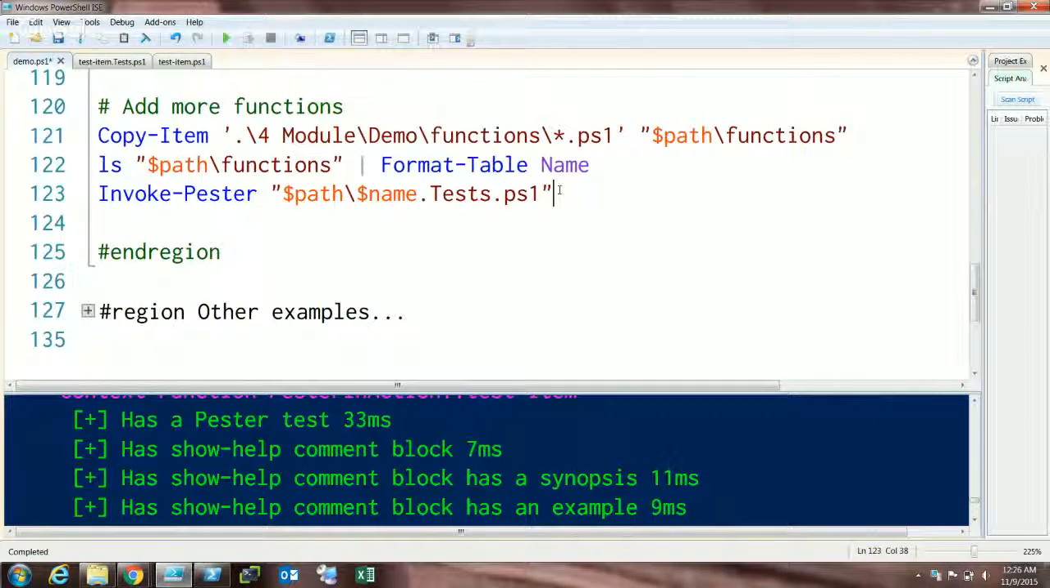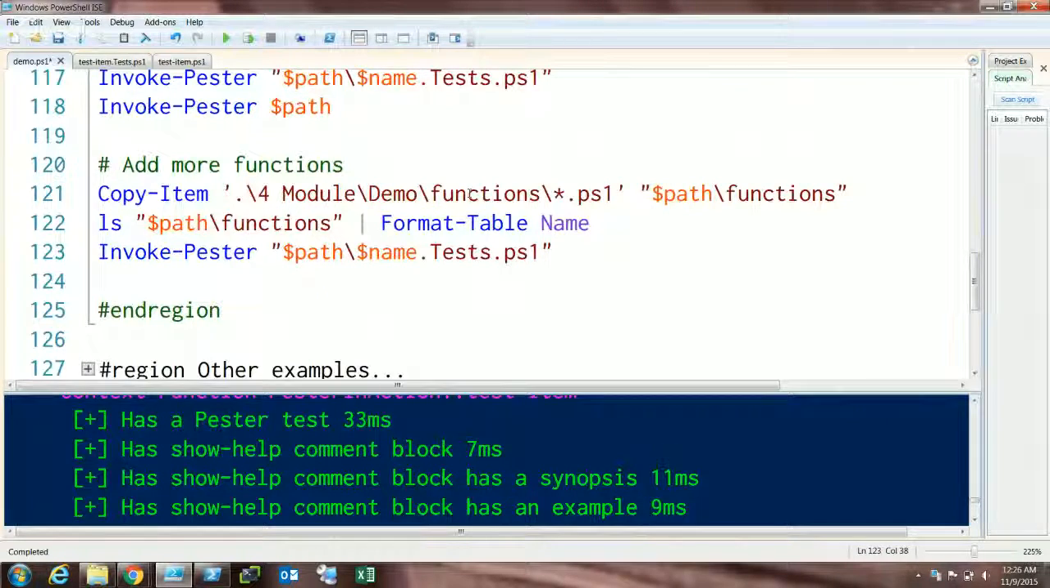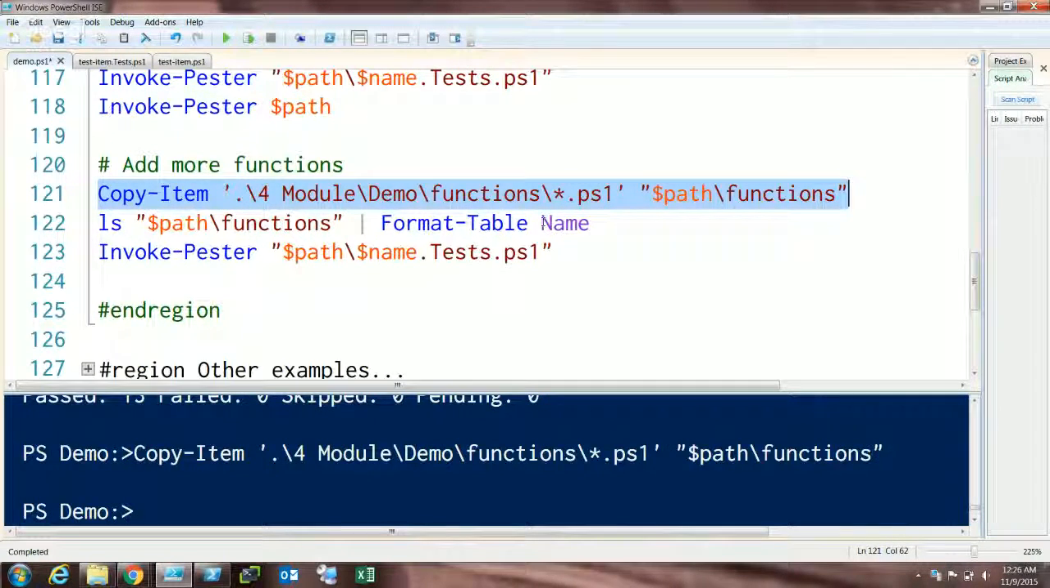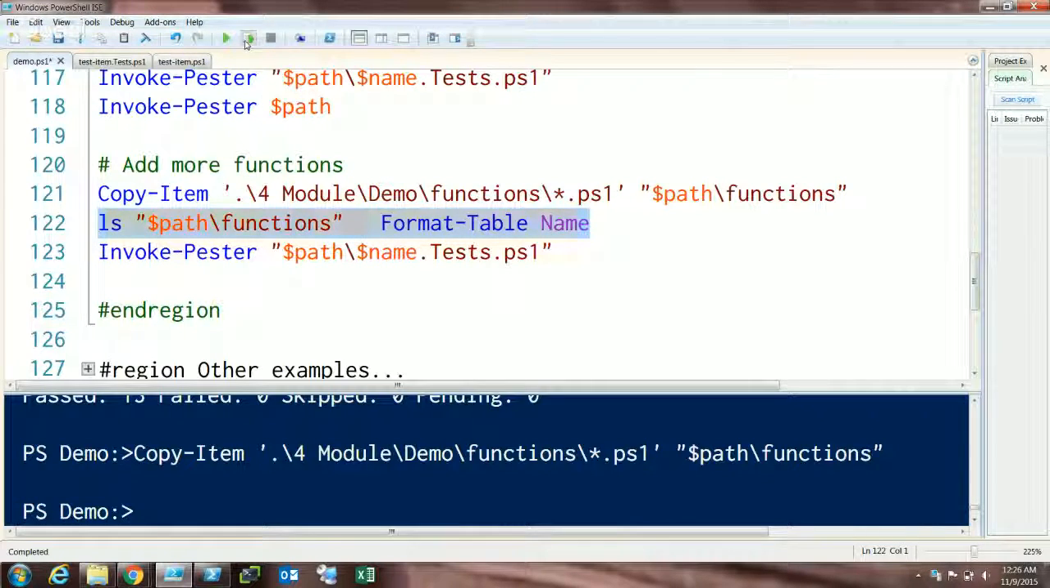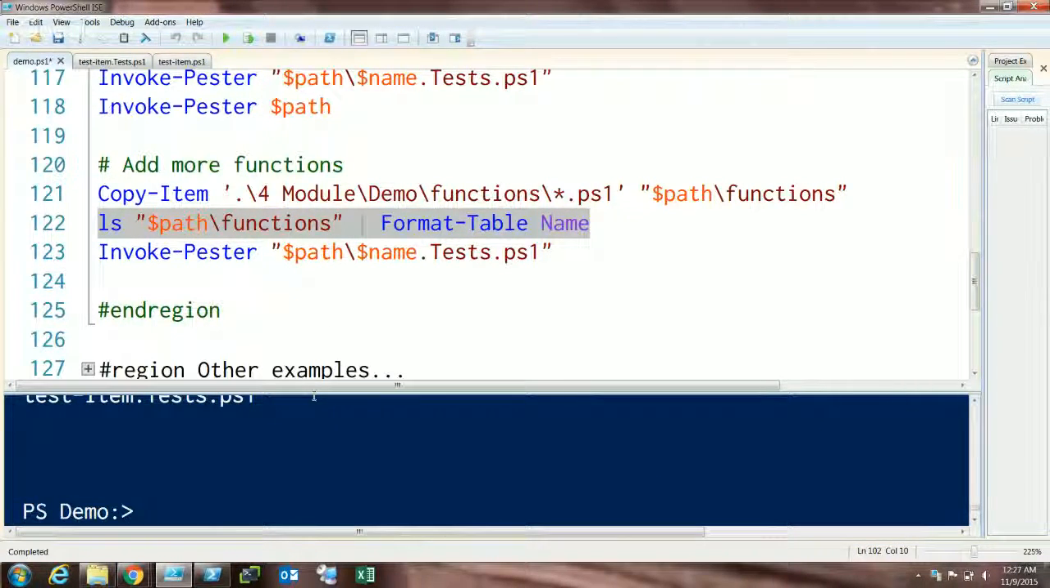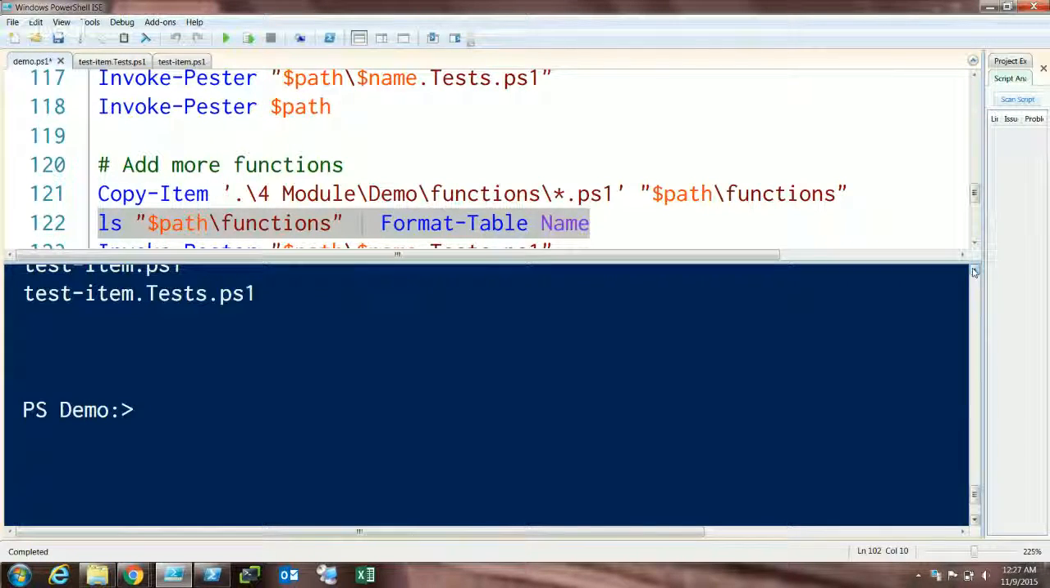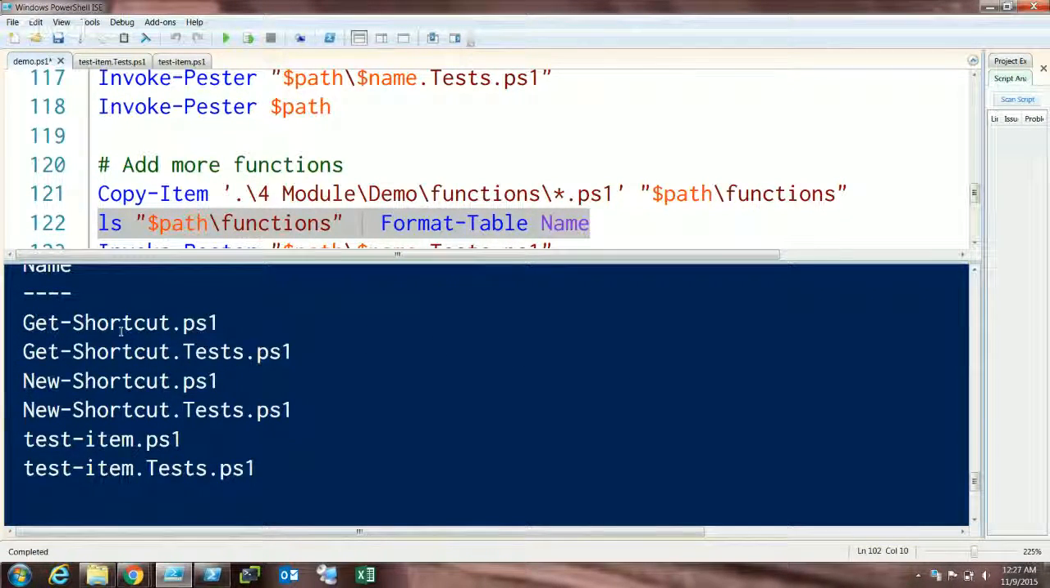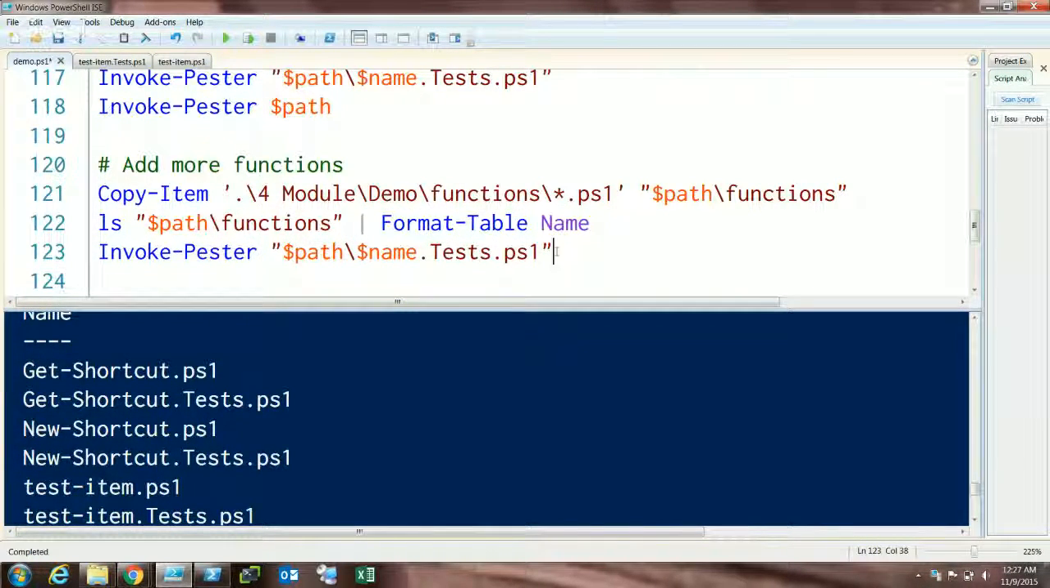Oh, let's add some more functions. That's what I was going to get to here: I'm going to pull the functions from the other module we did in the previous video. So let's copy them over. And I'm just going to list all the files in that functions folder. So I've now got get shortcut, new shortcut, and test item. And if we do our invoke Pester on the module test,